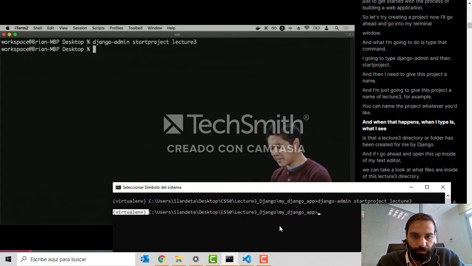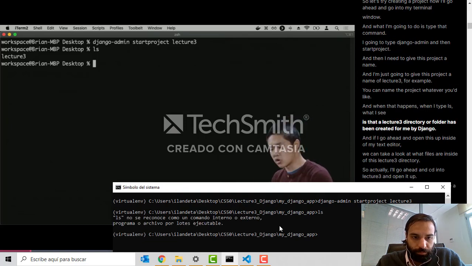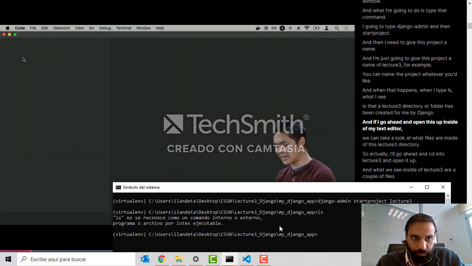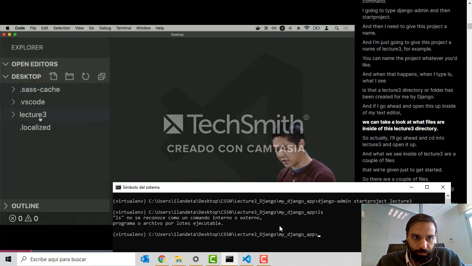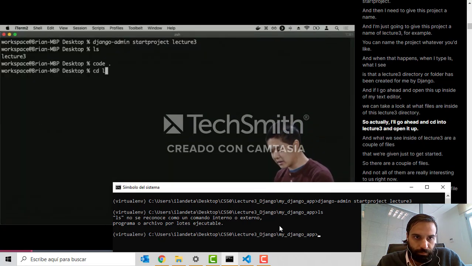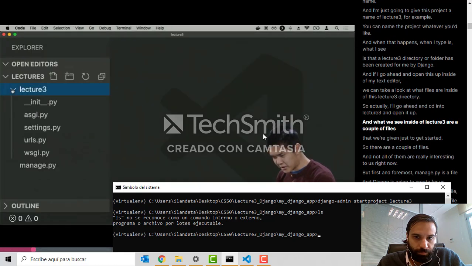And when that happens, if I type ls, what I see is that a Lecture 3 directory or folder has been created for me by Django. And if I go ahead and open this up inside of my text editor, we can take a look at what files are inside of this Lecture 3 directory. So actually, I'll go ahead and cd into Lecture 3 and open it up. And what we see inside of Lecture 3